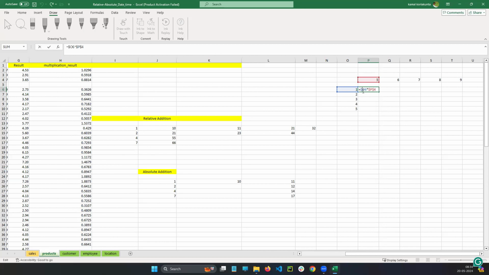Do one thing. O6 value, if it's golden, O7, O8, O9. As of now, this value I need to lock. Now what I want to do is, then